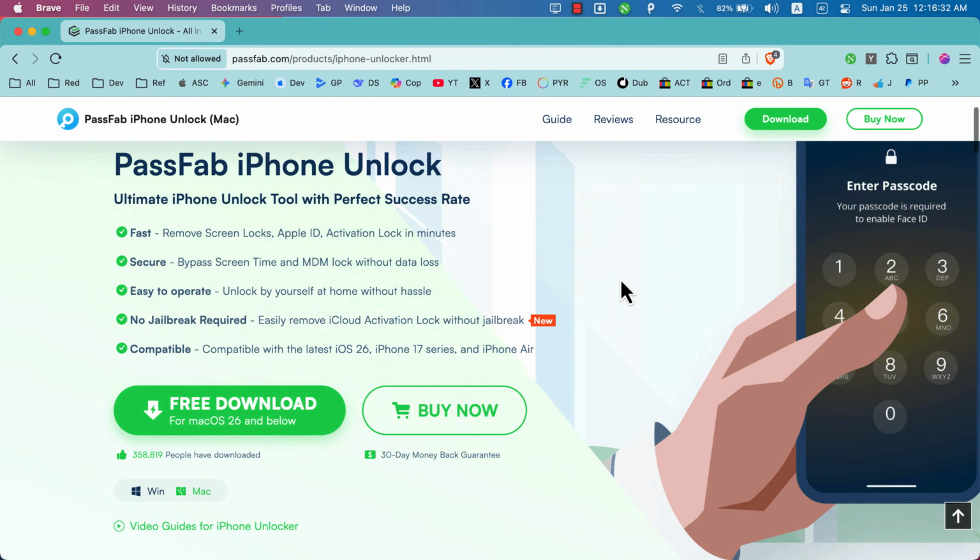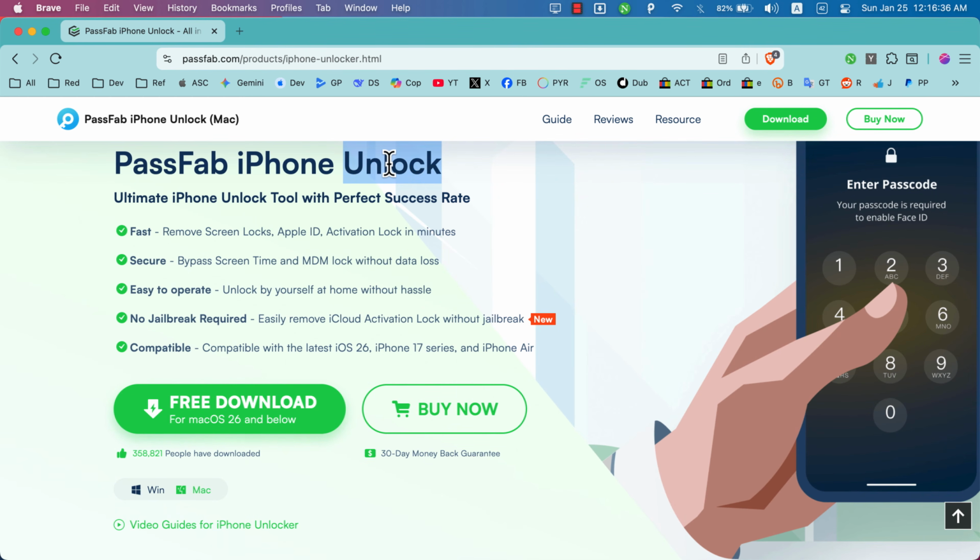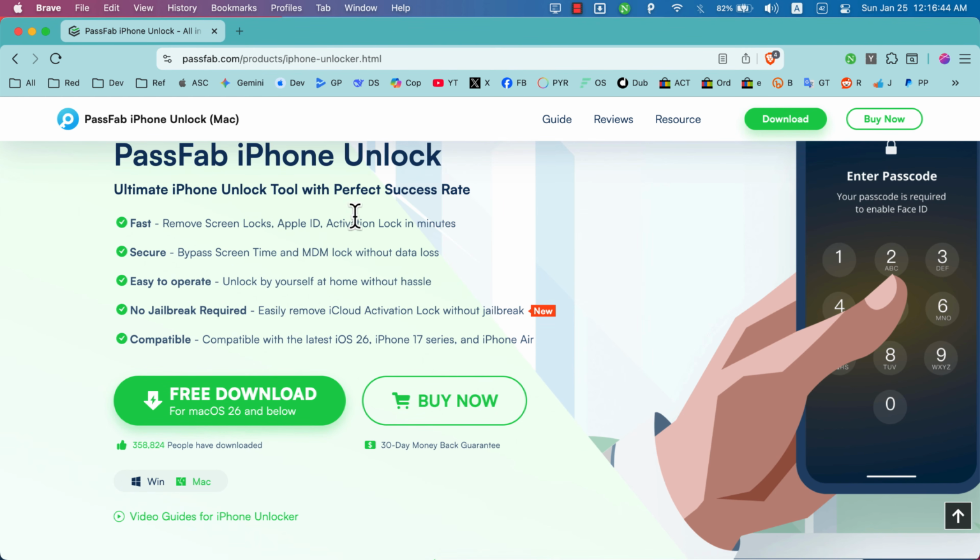Final thoughts. Now let's talk about PassFab iPhone Unlocker. The software supports all iPhone and iPad models, including the latest iOS 26 and iPhone 17 series. It works for situations like the iPhone is disabled, forgot iPhone passcode, stuck in MDM lock, or purchased a second-hand iPhone